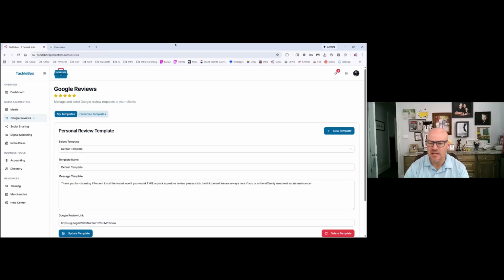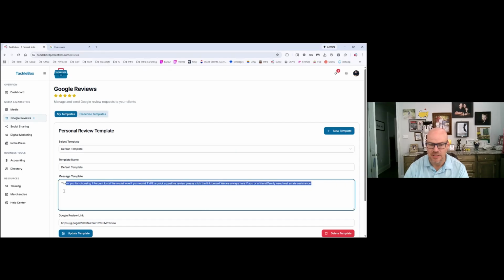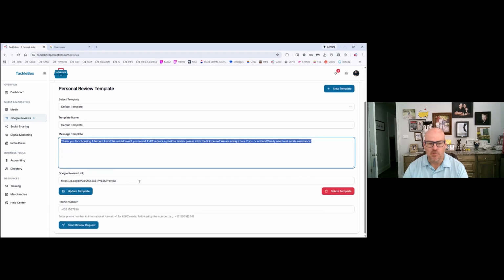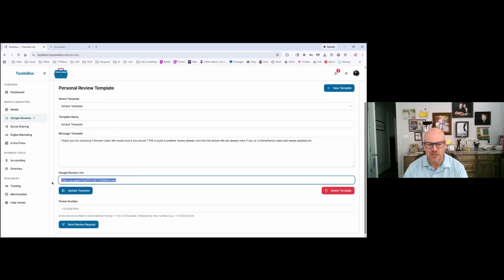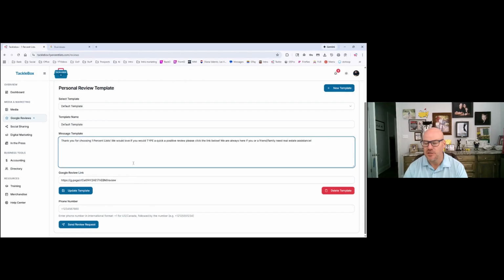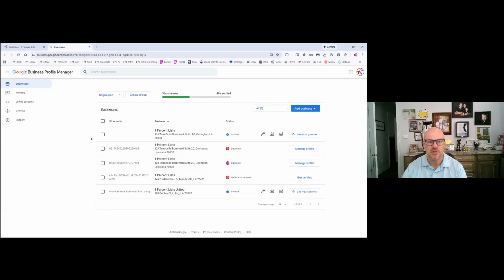So we have a stock template, and this is a text template. Whenever you hit send, this is going to go out to somebody in the form of a text message. But right here is what you really need to pay attention to. This is a Google review link, and you'll want to update this whenever you sign in. If you are an agent that has your own Google business profile, update that to yours. But if you are a franchise owner, then what you would want to do is head over here to Google